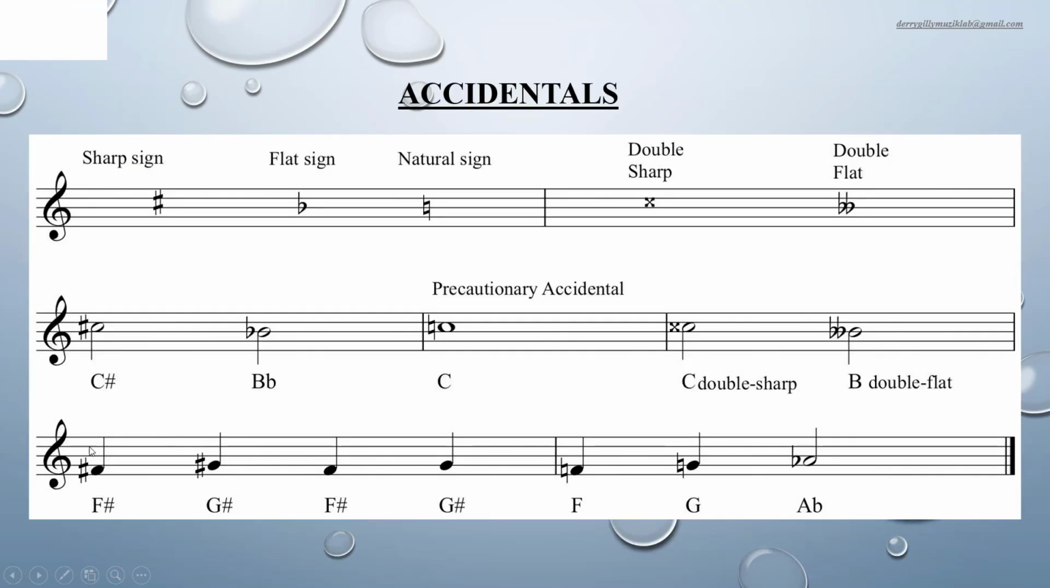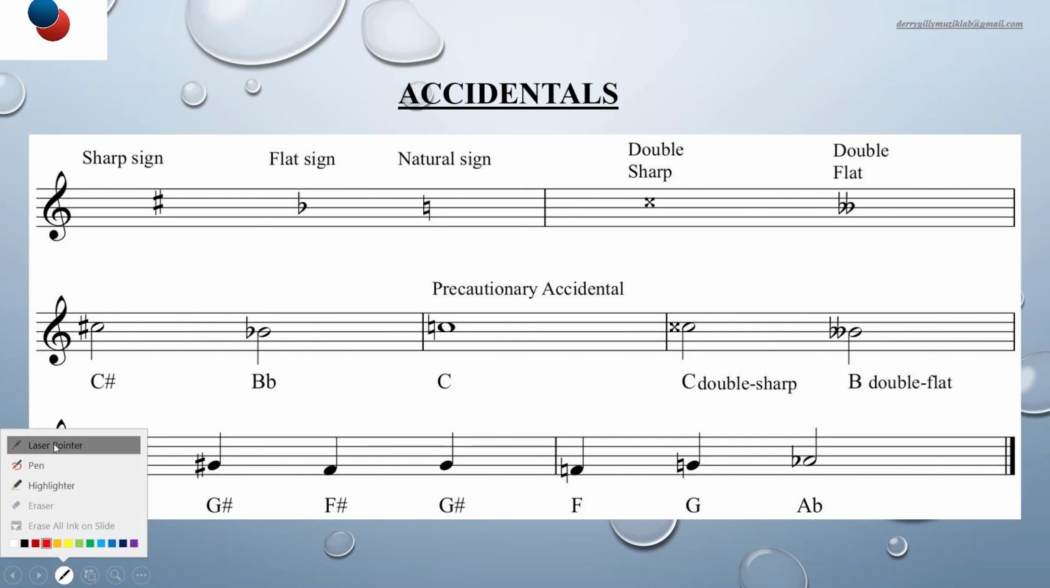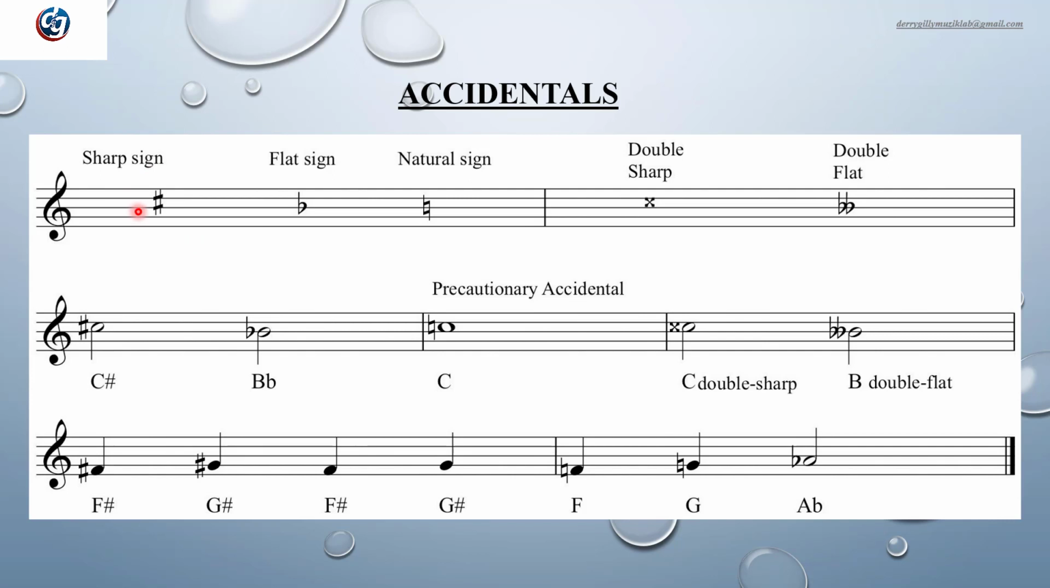We can have the sharp sign, which looks like a hash sign. Then we have the flat sign, which looks like the lowercase b. Then we have the natural sign, a combination of the sharp and the flat, which is used to cancel out any accidental or any other altered pitch. This is the double sharp sign, which looks like an X, and this is the double flat sign, which looks like a double